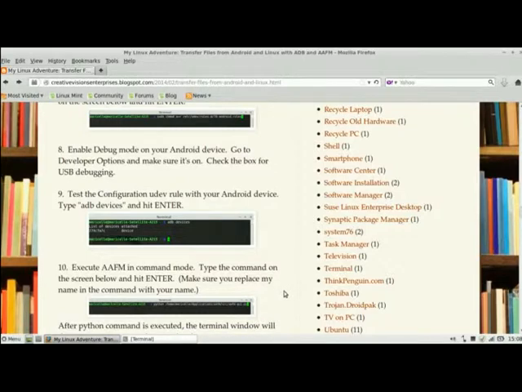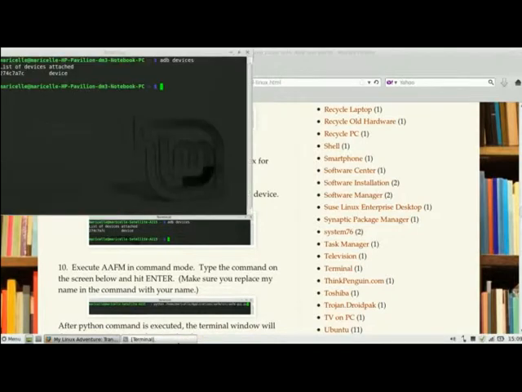And the next thing we're going to have to do is step 10, which is type in a Python command to bring up the Adb File Manager window. So what we're going to do is we're going to bring up the terminal once again, type in python, and this time we're going to be executing a command that's stored within that applications folder where we cloned Seoul's program. So let's type in